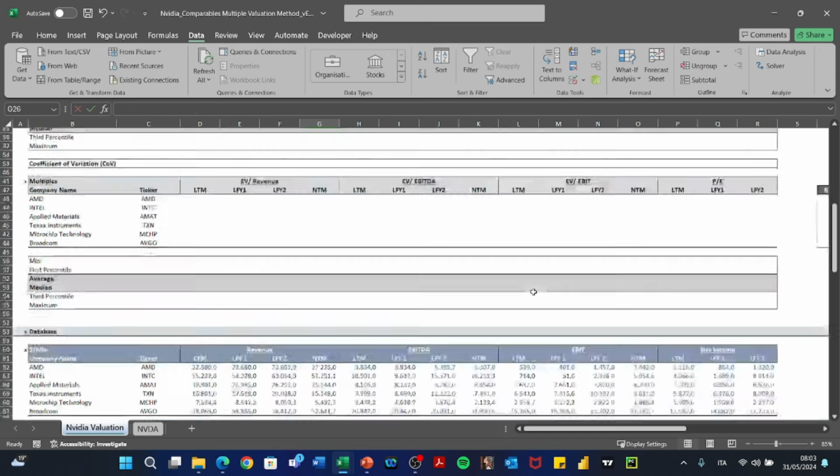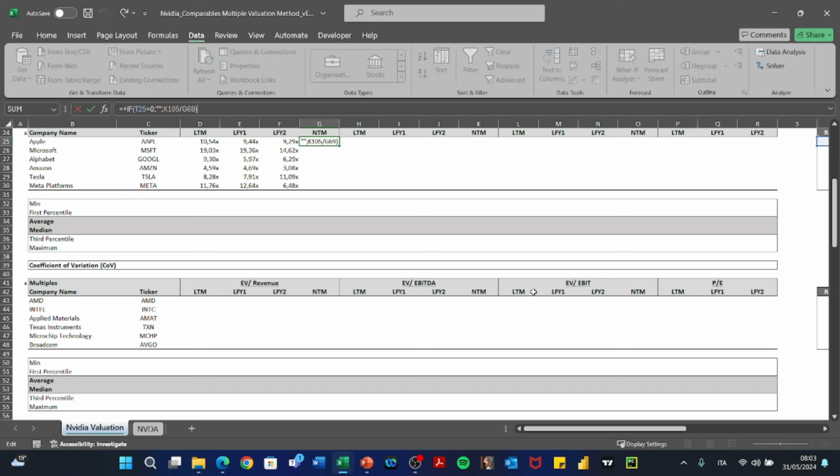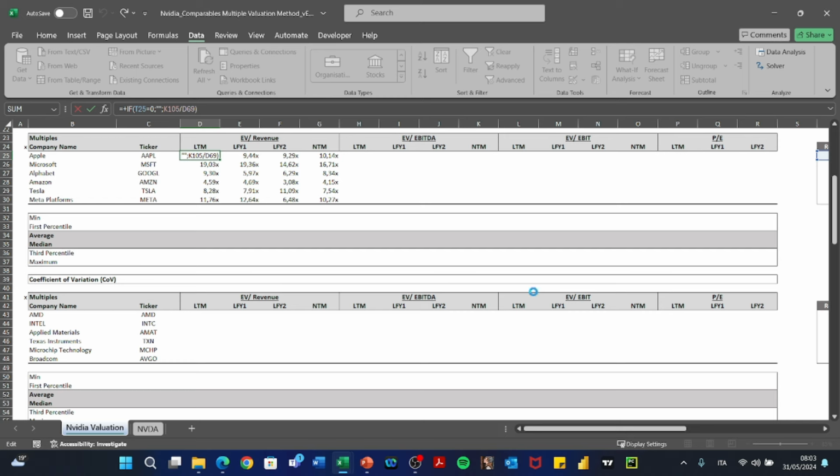In this case, I think that we're going to use the last 12 months for a more recent one. Okay, perfect. We can do the same also for,